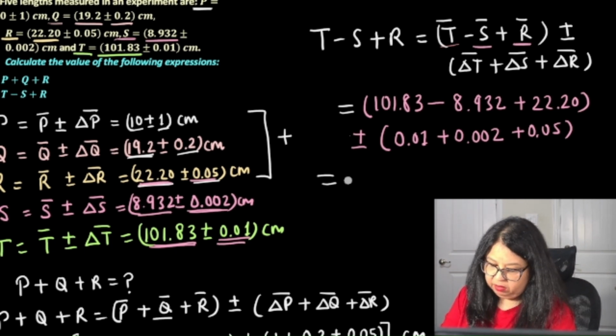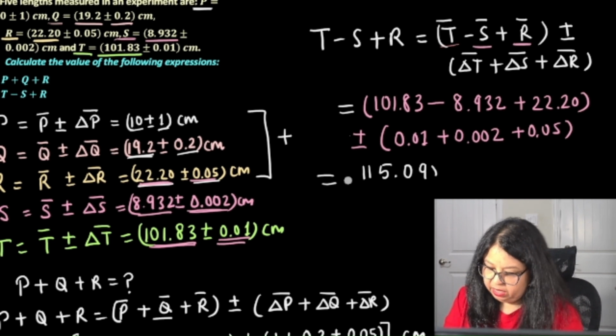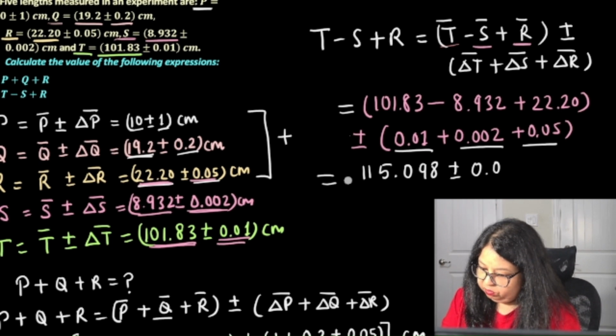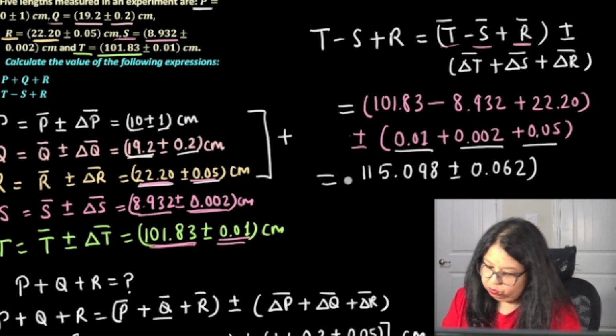101.83 minus 8.932 plus 22.20 is 115.098 plus minus the sum of these three. That is going to be 0.062